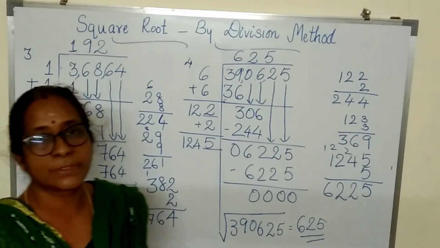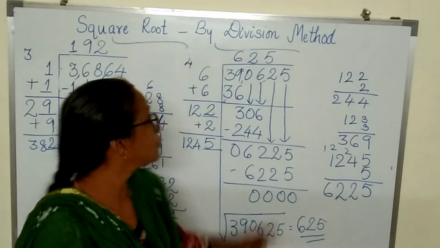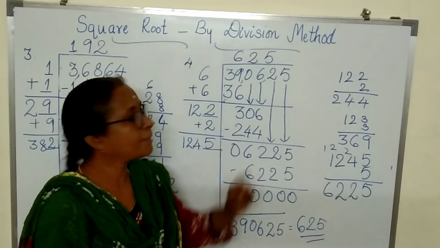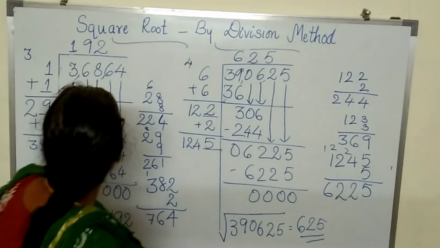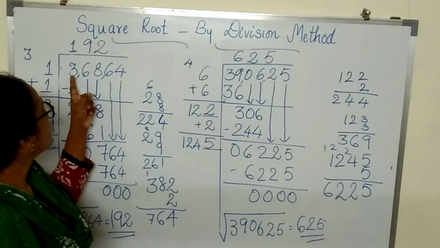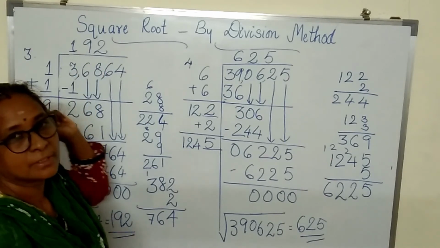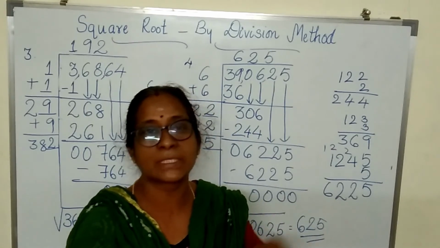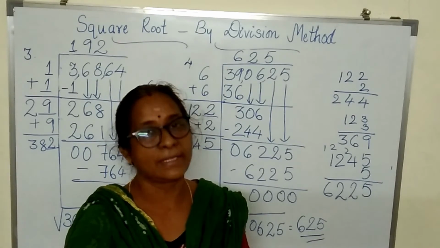Now, if you observe these numbers, all those sums which we did, you see here 1, 2, 3, 4, 5, 6 digits are there. Its square root has 3 digits. Okay. Here 1, 2, 3, 4, 5 digits are there. So, 5 plus 1, 6. 6 upon 2, 3. Again 3 digits. If you check those square numbers and square roots of numbers, you will get a pattern. Try to find it out.